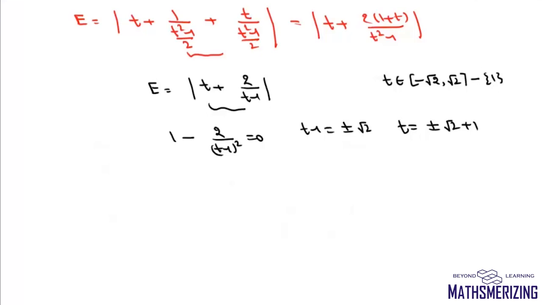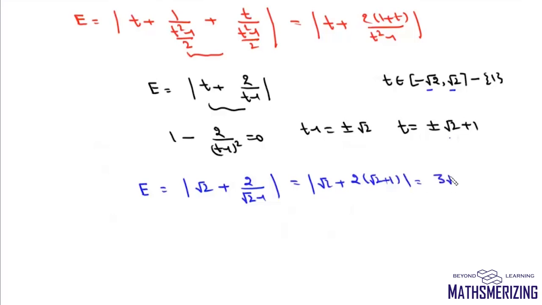Now we'll find the value of this expression e at the end points and also at these points and see which value is minimum. So if we put t as root 2, we'll get e as root 2 and this is 2 and this is root 2 minus 1. When we rationalize this, we can write this as root 2 and this is 2 into root 2 plus 1. So it will be 3 root 2 plus 2. So we'll get this value when the value of t is